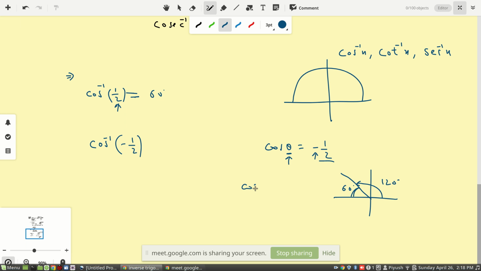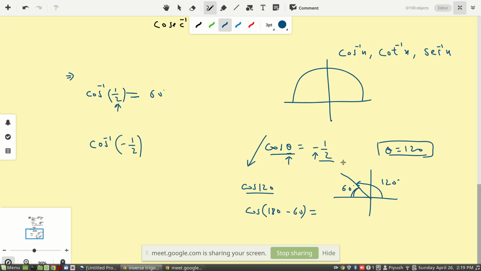Okay, so if somebody says find cos of 120, we did this in the first class, so you must solve it this way, like cos of 180 minus 60, and then you represent the angle from the x-axis and you will get the answer minus 1 by 2. So what I'm doing here is a reverse direction. In the reverse direction, I got the theta value as 120 degrees. So in this case, cos theta is minus half, and the theta value is 120 degrees.